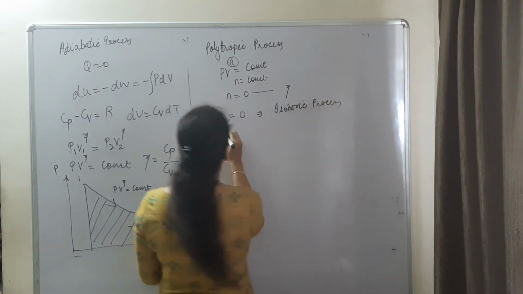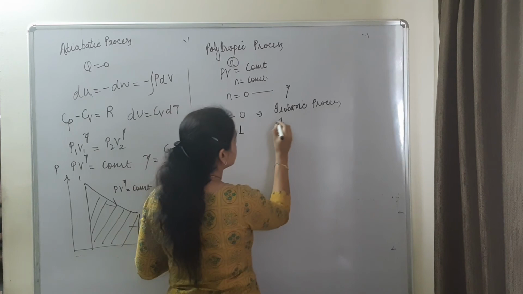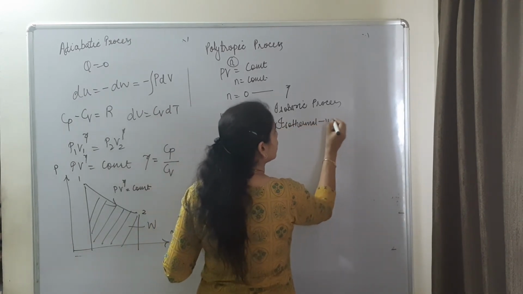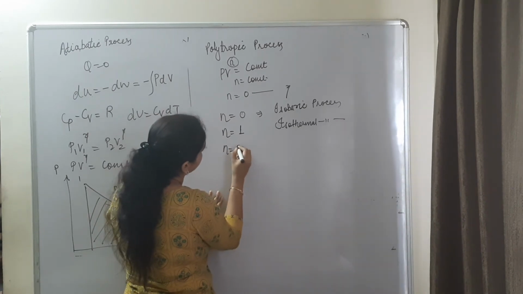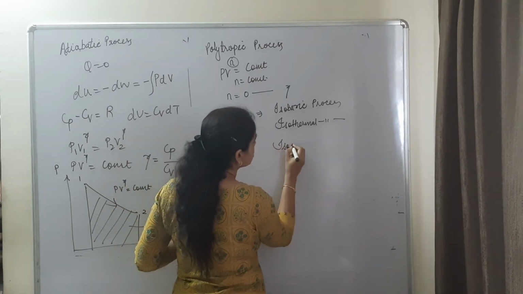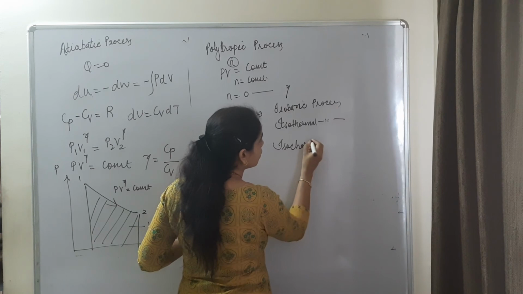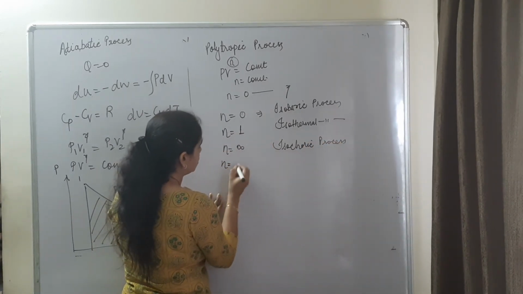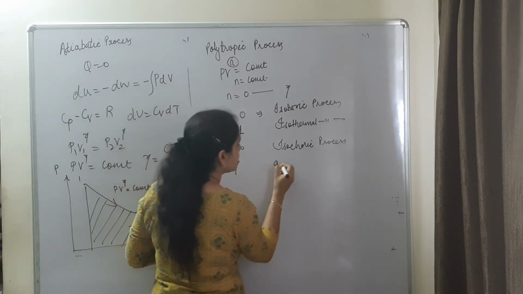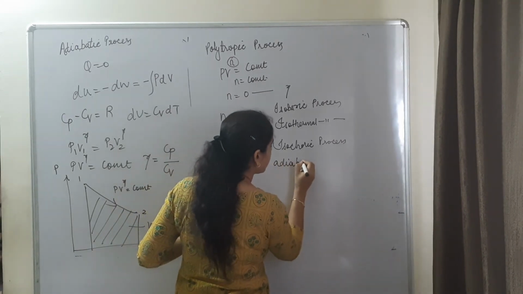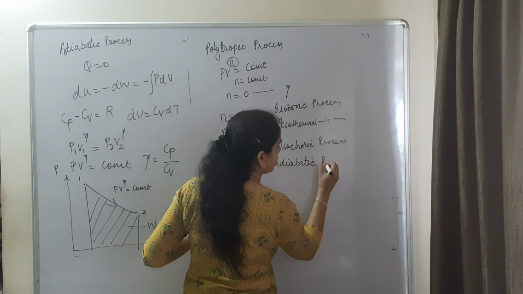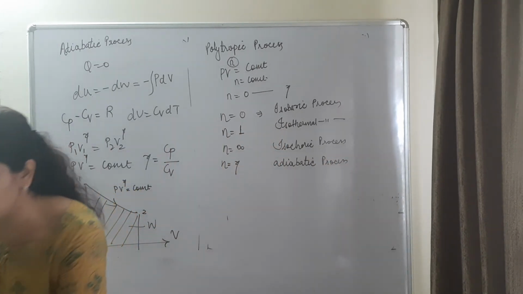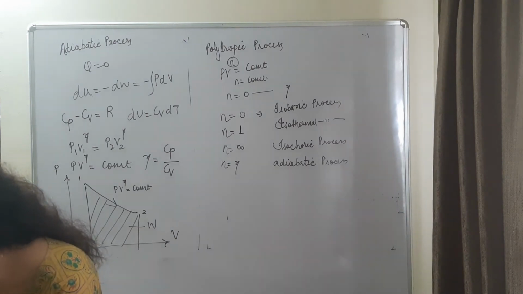If the value of n is 1, then it is an isothermal process. If the value of n is infinity, then it's an isochoric process. And if the value of n is gamma, then it is an adiabatic process. That means the value of n lies between 0 to 1, and